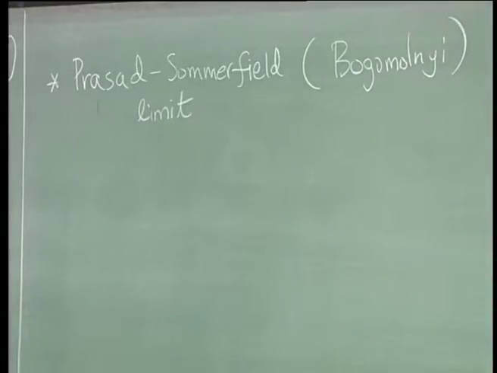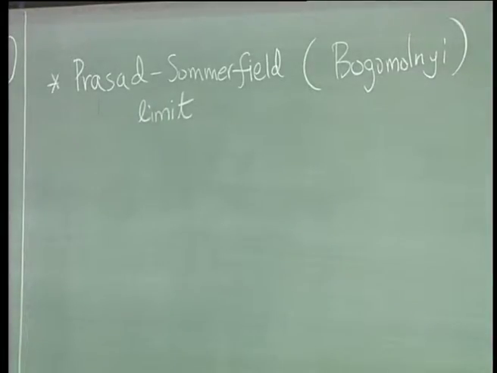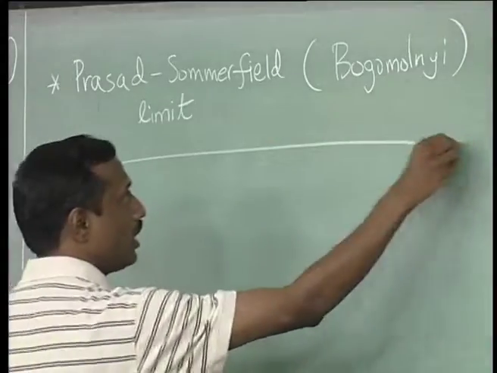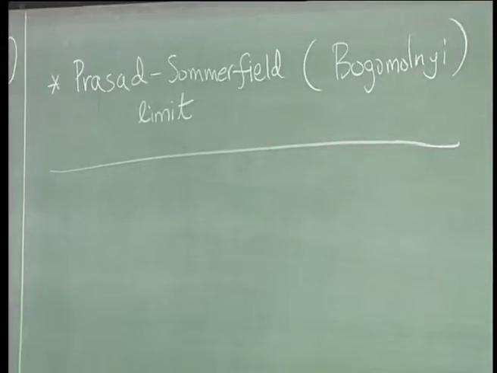In the Prasad-Sommerfield limit they were able to get an exact solution to the Euler-Lagrange equation, and the ansatz they used was basically the same ansatz which these two people have used, but they are able to give an exact solution to the Euler-Lagrange equation in a particular limit. That limit is actually very interesting, okay, and later maybe time permitting I will discuss the Bogomolny trick or maybe in the next lecture. So let us start with